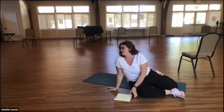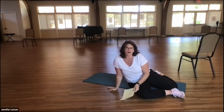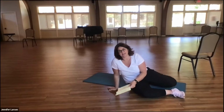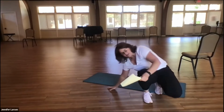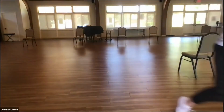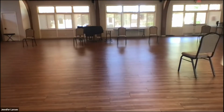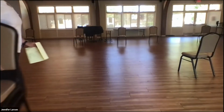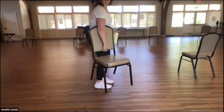Now we'll move to the chair exercises. So these are the next exercises we're going to go over. Bunch of chair exercises and then some standing ones. So in your space right now, if you have it, I want you to grab a chair. So the chairs that I use when I have people work out, I'll adjust the screen in a minute once I get us set up,